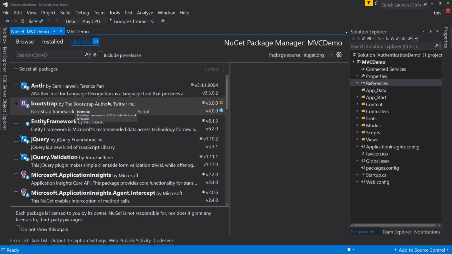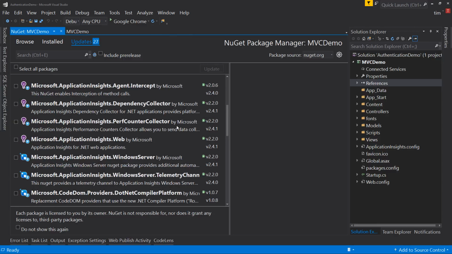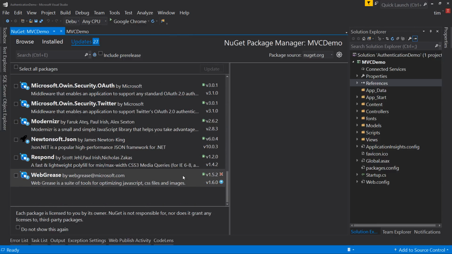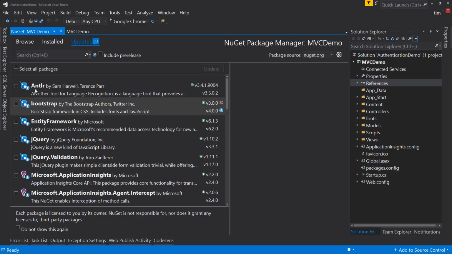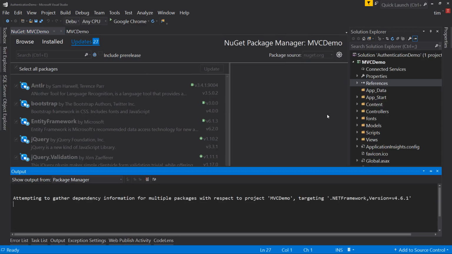For example, Bootstrap, the version installed is version 3, but version 4 of Bootstrap is out. We can update that if we want. So some of these are dramatic and some of these are not. I mean, this is a minor version update, whereas jQuery has 2 major versions updated. So there's quite a few updates here. What I'm going to do is I'm just going to select all the packages and hit update. And this will go through and it will get the latest version of all of these and bring them in,